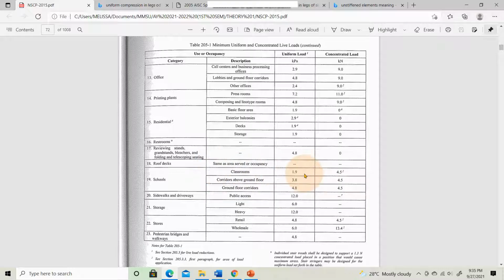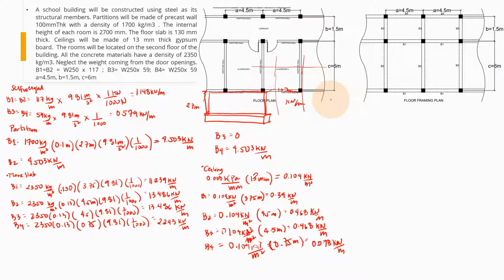Yung classroom natin, yung live load is 1.9 kilopascal, and dun yung hallway or yung corridor is equal to 3.8 kilopascal. So ang sabi ng NSCP, yung sa classroom, it is equal to 1.9 kilopascal, and then sa ating corridor or hallway is equal to 3.8 kilopascal. Ayan. So for our live load, LL, so for our beam 1,